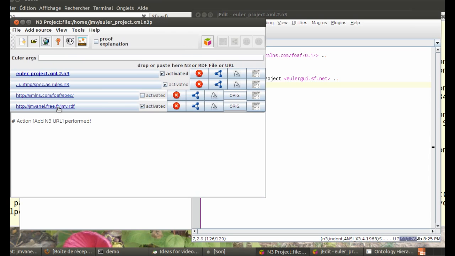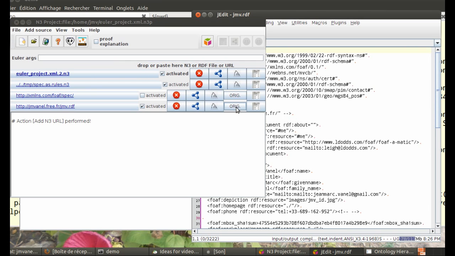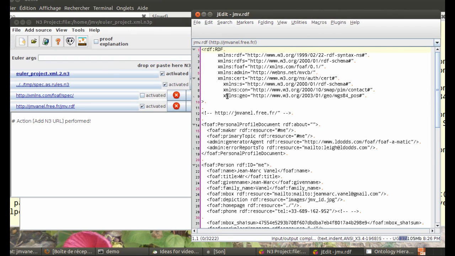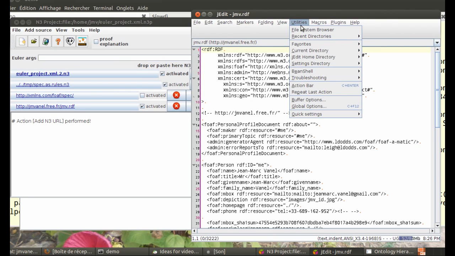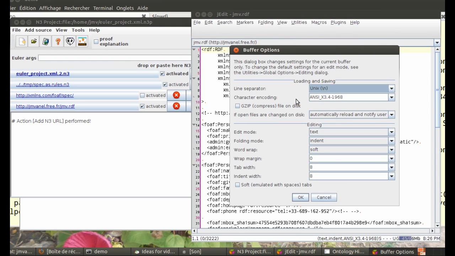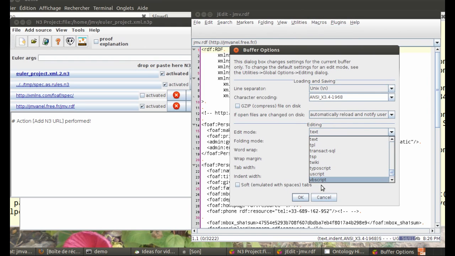So here it is. In EulerGUI, everything is translated on the fly into N3, even if from the source it was RDF. Like here, originally on the net, because it is the W3C standard, it was in RDF. So if we click on original, we see the original version that was actually downloaded. We can change the